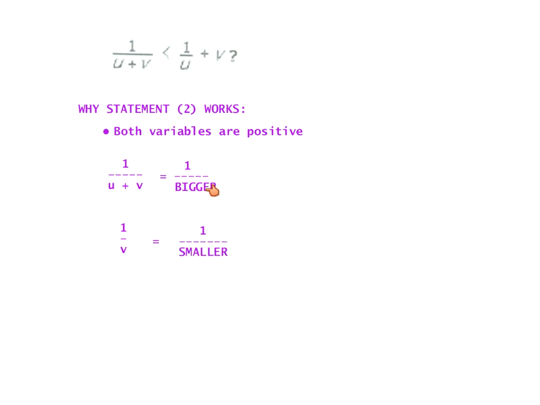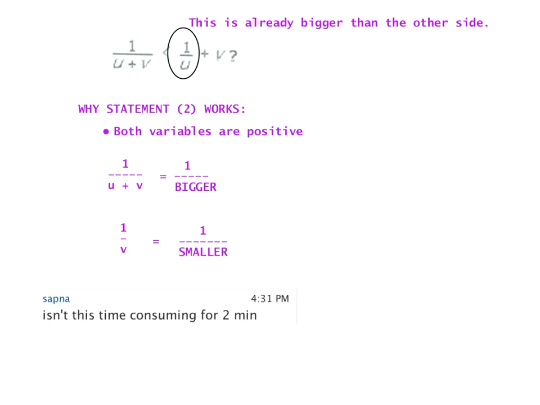So this is already, I mean, 1 over bigger is smaller, and 1 over smaller is bigger. So this number alone is already bigger than the left-hand side. So no matter what, without even thinking about v, this is already bigger than the other side. So that's why statement 2 works. So, yeah, there it is. As far as this goes,